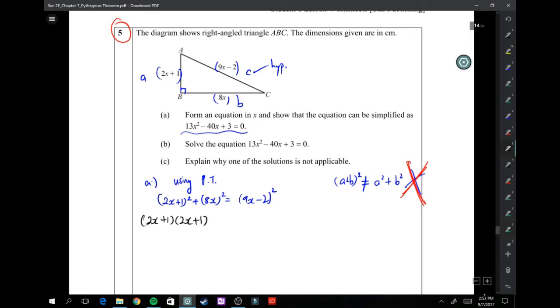Okay, plus 64x squared equals 9x minus 2, the whole thing squared. Now remember that (8x) the whole thing squared is the same as 8 squared x squared, which is 64x squared. Now using the umbrella method, what we'll get is 4x squared plus 4x plus 1 plus 64x squared